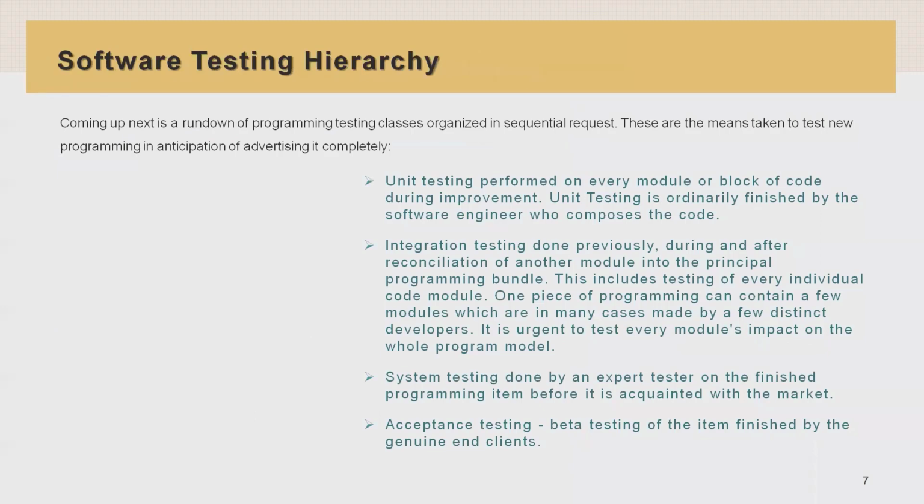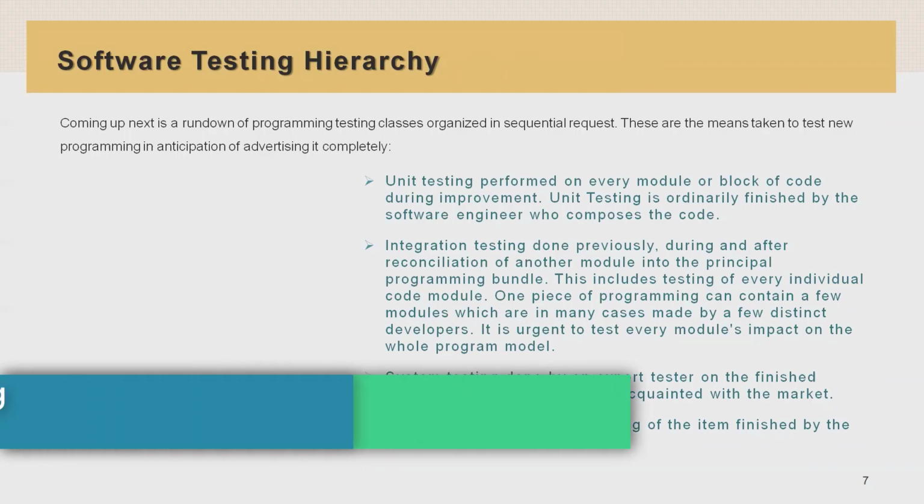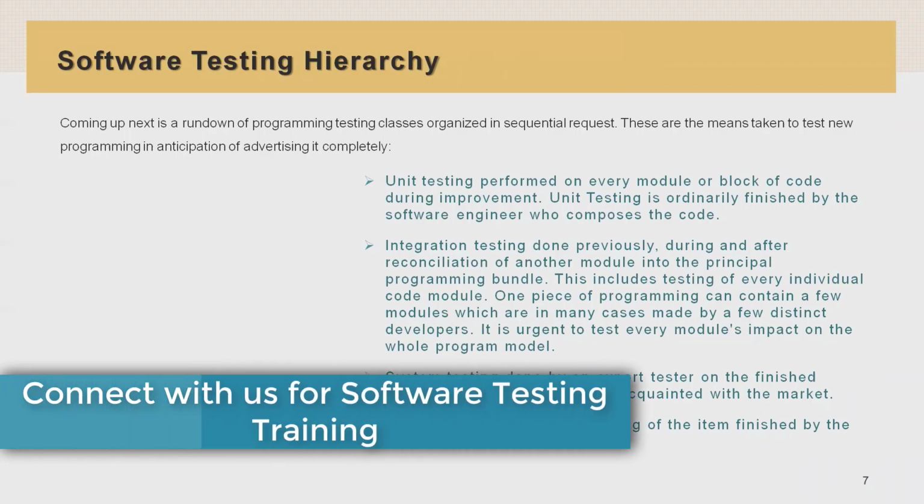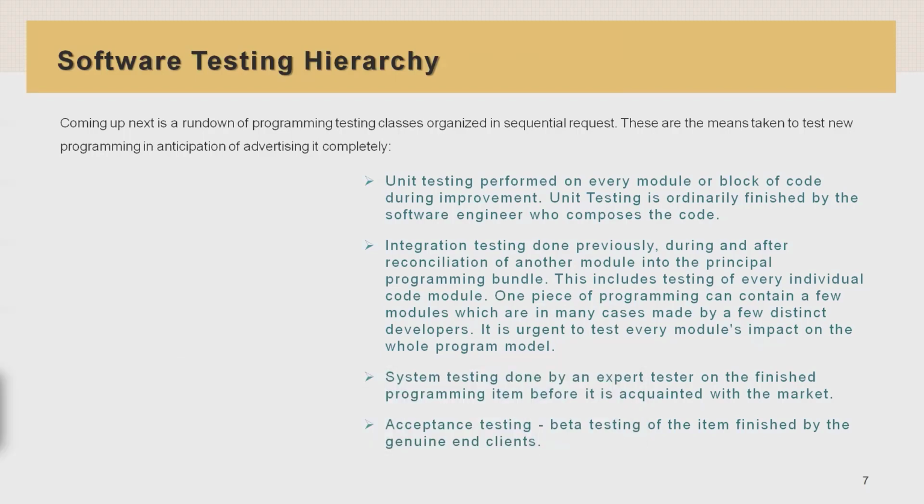So how will the software testing hierarchy work? Coming up next is a rundown of software testing categories organized in sequential order. These are the steps taken to test new software in anticipation of releasing it completely. Unit testing is performed on every module or block of code during development. Unit testing is ordinarily finished by the software engineer who